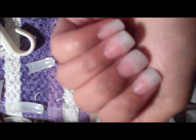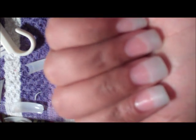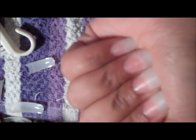Okay, and I'm going to wash my hands and I'm going to start on my dominant hand. And this is how the nails look in the end. And I'm going to paint them. So I'll put that as a tutorial next. So if you guys want to see how I do my dominant hand,